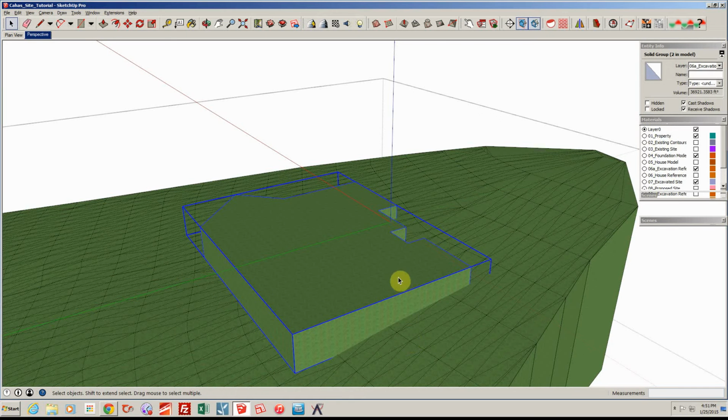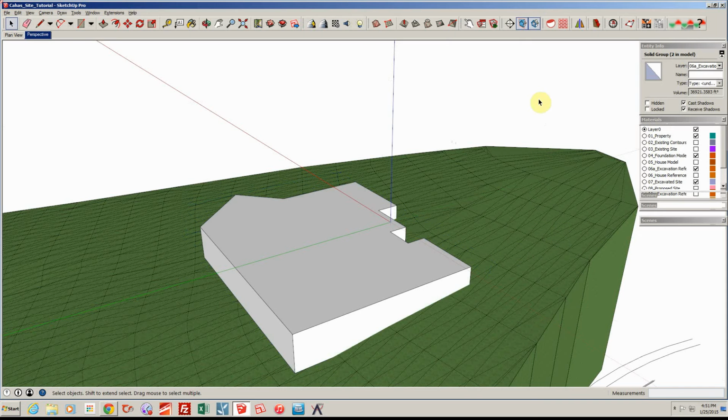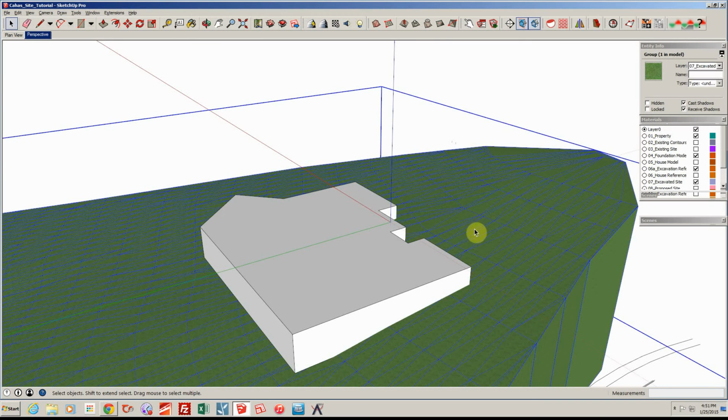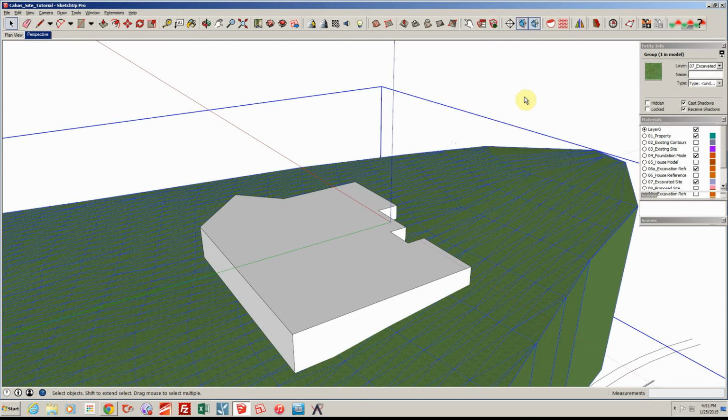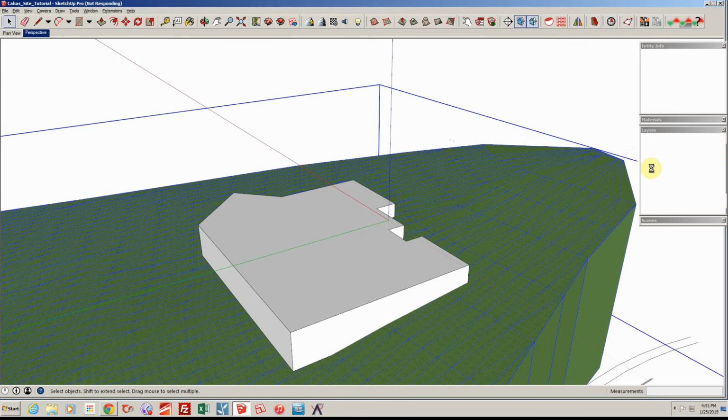Painted it grass, but that's okay. Alright, this is now a part of this site. So I'm going to tell this group to intersect with the model. And when I cut off this excavation reference, once it's done its thing,